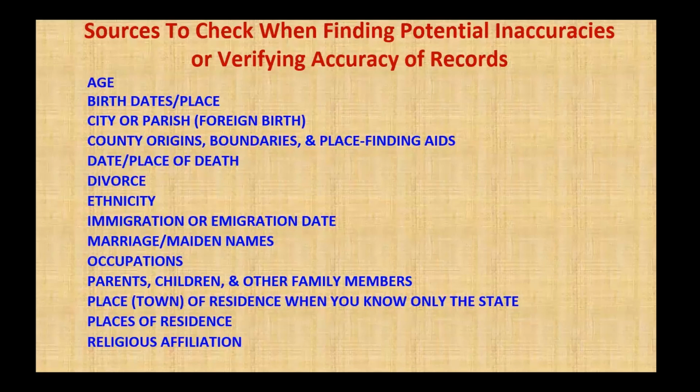When you're talking about the city or parish, including if they're foreign-born, census records, church records and family Bibles, family histories, immigration records, naturalization and citizenship papers, obituaries, and vital records. If you're talking about country origins, boundaries, and place-finding aids, you'd be looking at atlases, city directories, crisscross directories, county or family histories and gazetteers, land and property records,